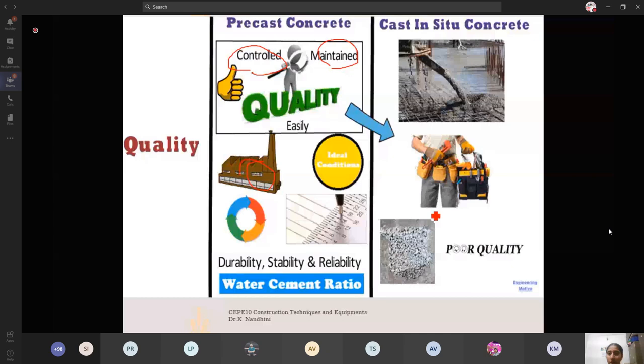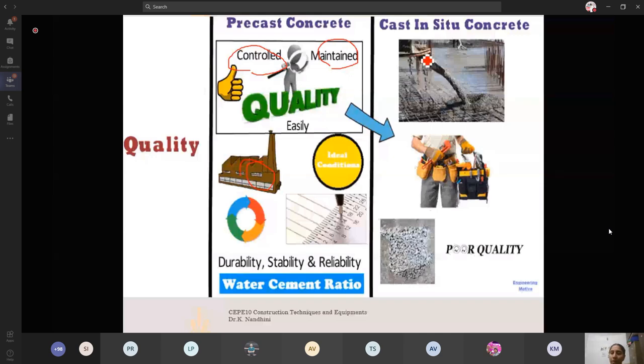If you go for ready mix concrete also, you will have your ready mix concrete plant at one site. You may be the builder, you may call the contractor and ask for the concrete. They'll bring the concrete in some 45 minutes or 1 hour of travel. Meanwhile, they need the concrete to be still workable, so they use more retarders and chemical admixtures to make the concrete workable, which may in the long term affect your concrete strength and durability.